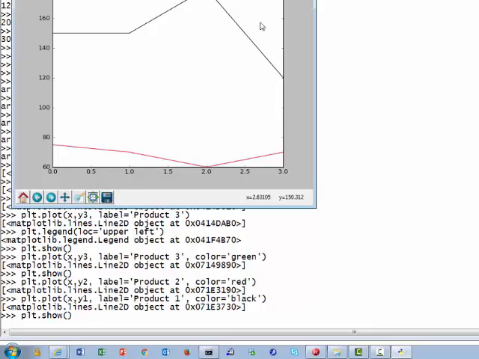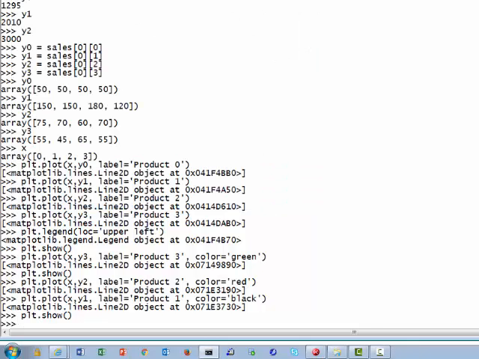It will give that color as well. Whatever color I give, it does give you that. What if I wanted to use a bar chart? No worries. All you have to do is say plt.bar and say x comma y0, label